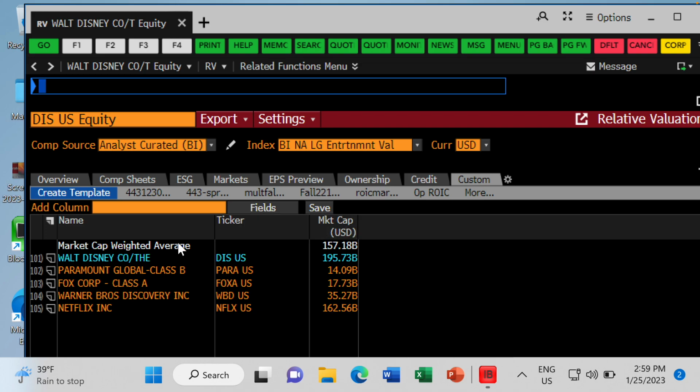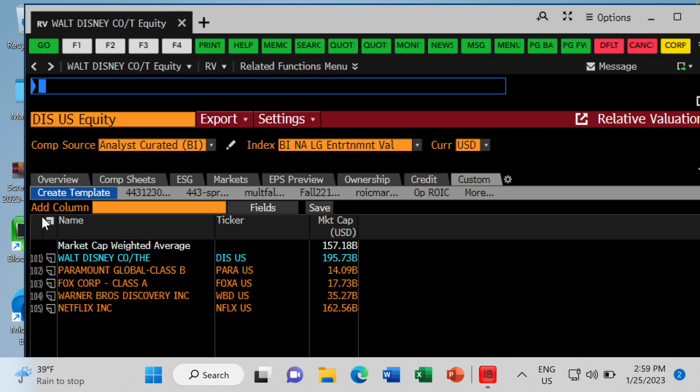And we're choosing Market Cap Weighted Average because I don't want some teeny tiny company to distort the average of an industry. So it's going to be adjusted by size of company when we choose Market Cap Weighted Average as opposed to Straight Average. But if you want to do other stats on companies and industries, you can choose to put the other stats on the list too. But Market Cap Weighted Average is the key one for your assignment. Right?